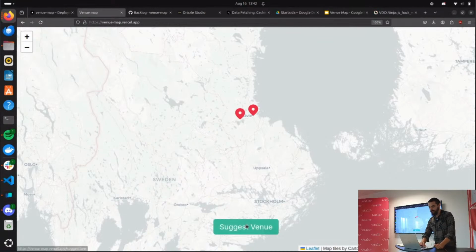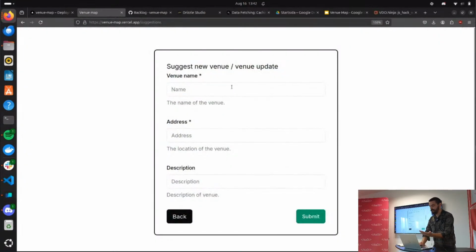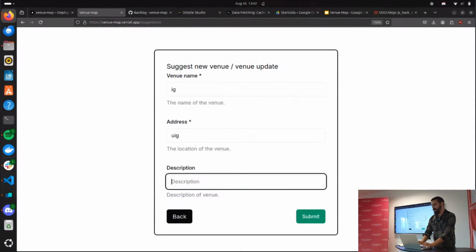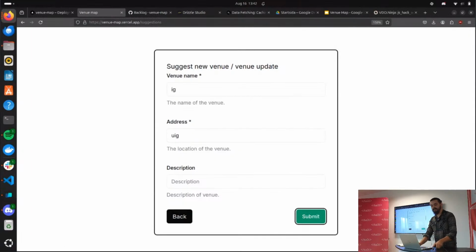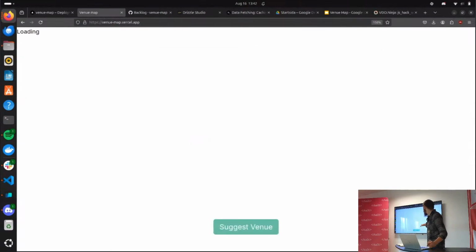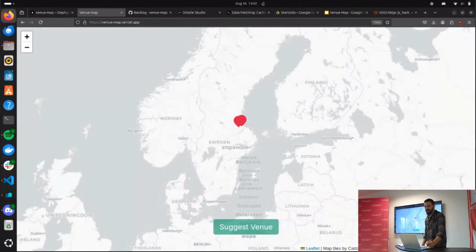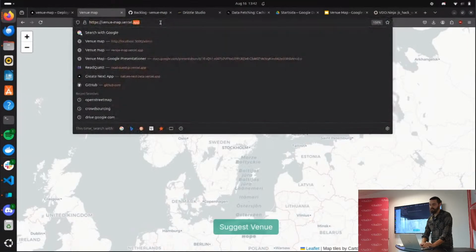And to add a venue or suggest a venue, you just click that button and type in your information. You don't even have to put a description. I can find that myself, but I would appreciate it. And then you submit. It takes a little time, so I would like to add some kind of loader, but it's submitted. And then from the admin page,